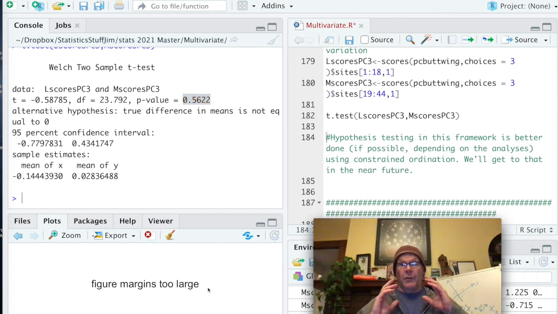Okay, so that ends our coverage of principal components analysis and ends our introduction to multivariate techniques. Next time, we're going to talk about what you can do with distance matrices before we wrap up this part of multivariate. I know that there's a lot of moving parts to this, but I think if you play around with it a little bit, and maybe you have your own data that you can